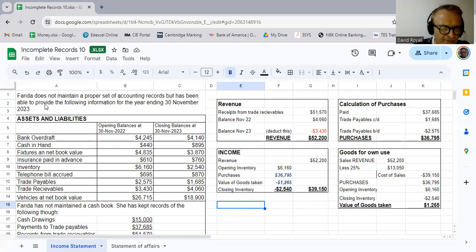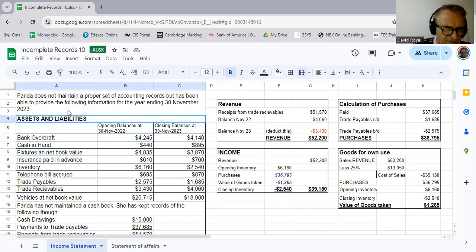What we have is Farida does not maintain a proper set of accounting records. Usual thing, of course, theme for the series. And here's the information as of the end of November 2023. So we have a statement of assets and liabilities, a very different setup or starting point. So we start with a bank overdraft, cash in hand, fixtures. So very much,